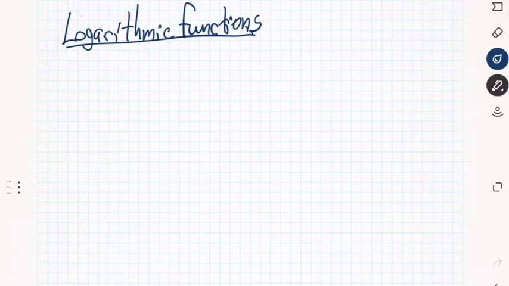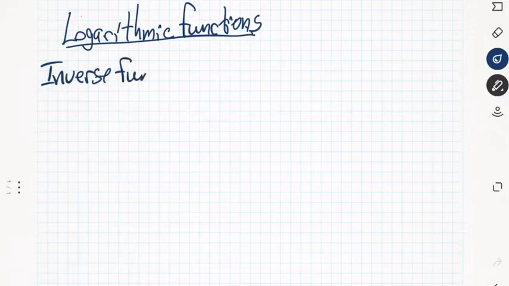All right, so the next topic slated for the book is logarithmic functions. And before we start talking about logarithmic functions, we really should be talking about inverse functions, because that's what a logarithmic function is all about. It's the inverse of an exponential function. So for instance, if we have f of x is equal to 2 to the x,